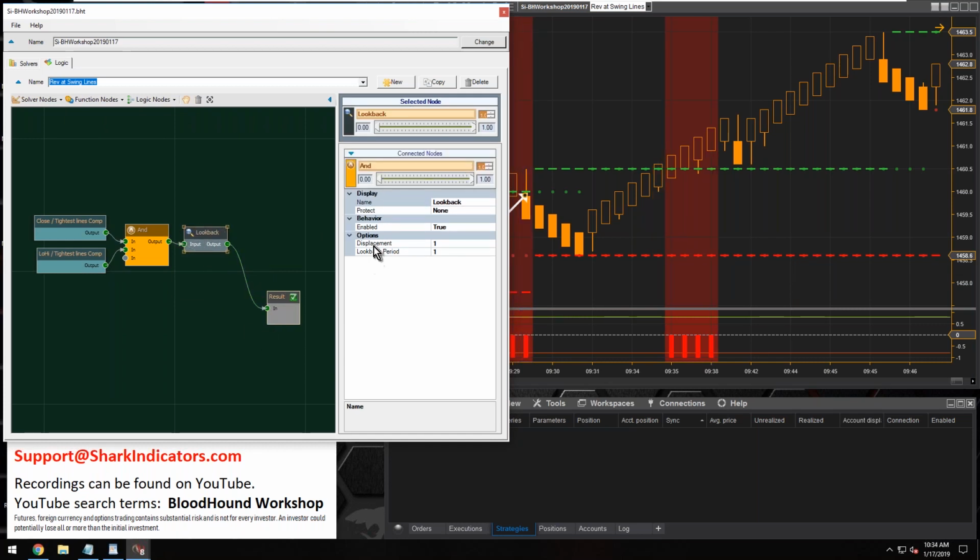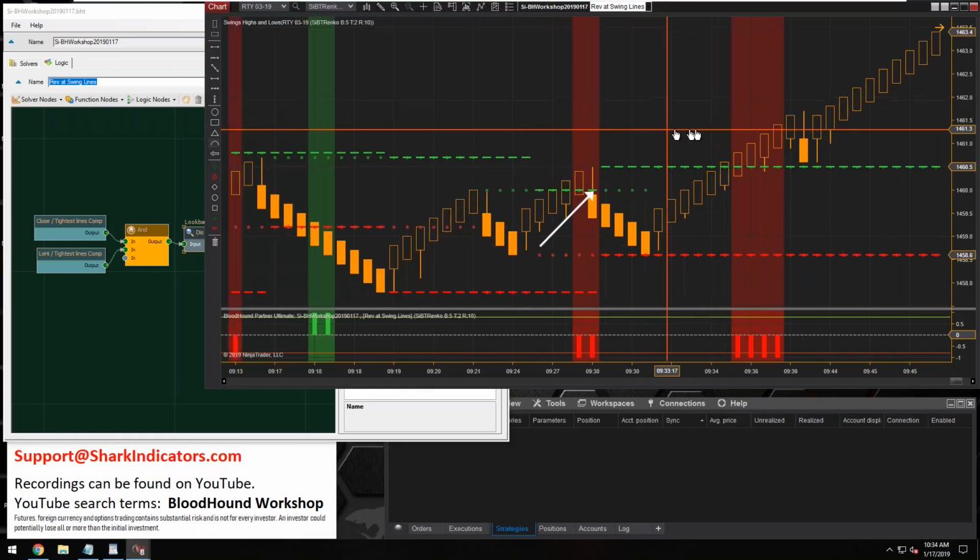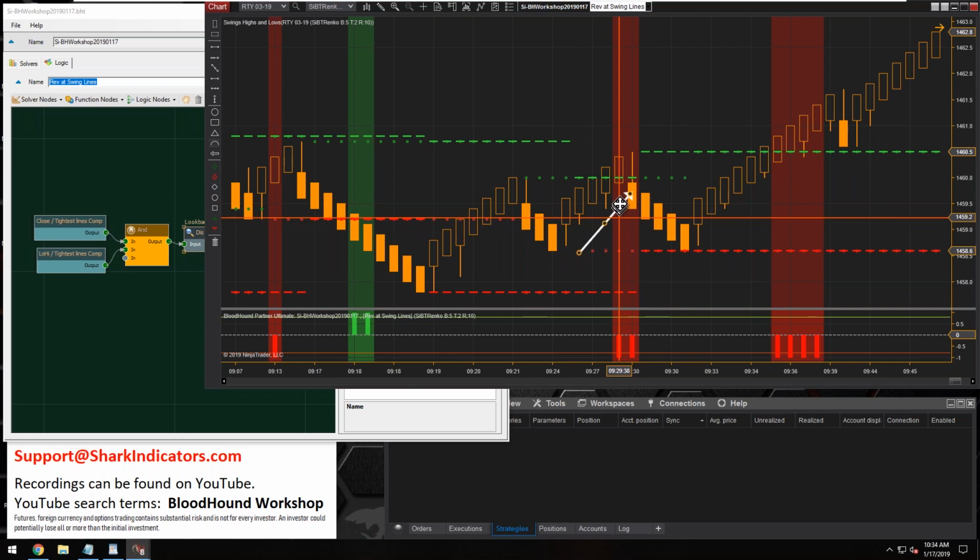The look back node has the displacement defaulted to 1, and that's what we want. That's what we're using with the look back node. We're just using the displacement function here. So I'm going to rename this node to tell me that it's a displacement of 1. Okay, so if we go back to the chart,